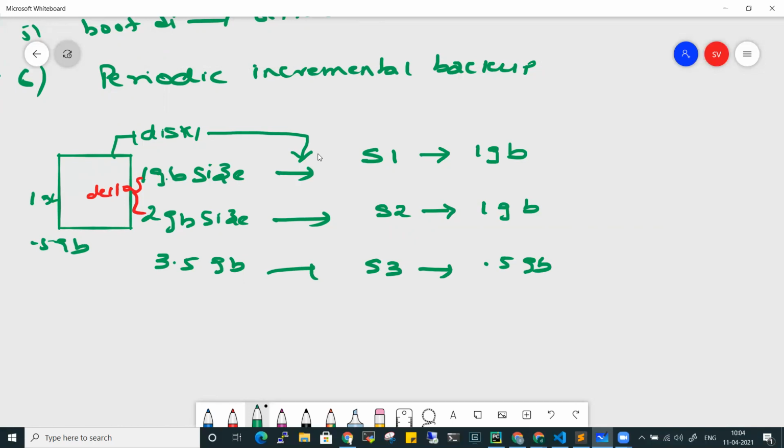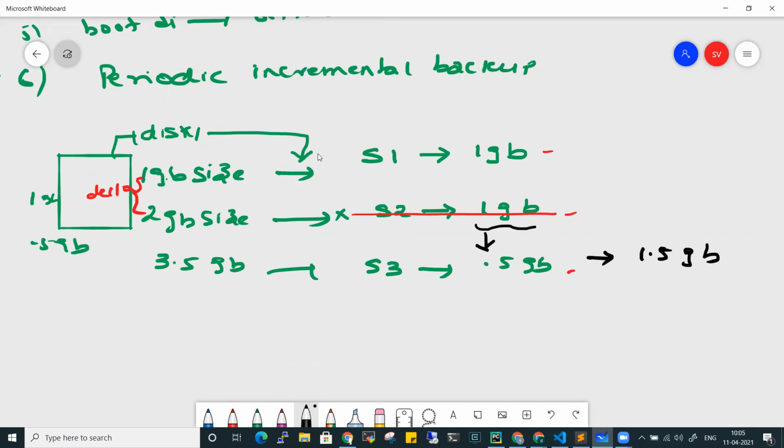So in this scenario, let's assume what happens if snapshot 2 gets deleted, due to some reason. What happens when it gets deleted? We have some files here, and this has some other files, and this has some other files. What happens when this snapshot gets deleted? During the process of deletion, the size of this snapshot will be appended to the next snapshot available. That means snapshot 3 will become 1.5 GB. So the data inside this snapshot will be appended to the next snapshot, so that there won't be any data loss, and this is much more secure.